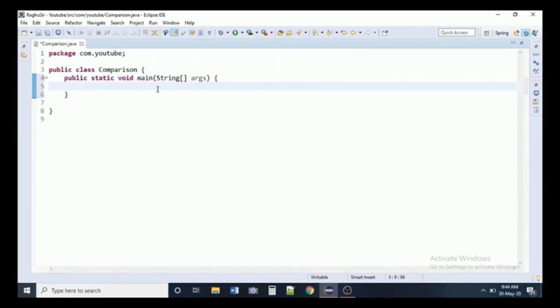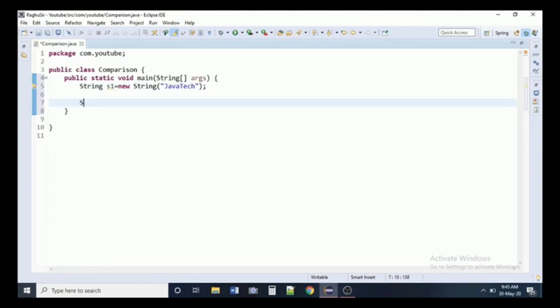Now I'm writing my string object, with the reference s1. Object creation will be like this: String is my data type, s1 is my reference, new is my object creation, and in the string content I'm writing Java Tech. Like this you have to create an object.